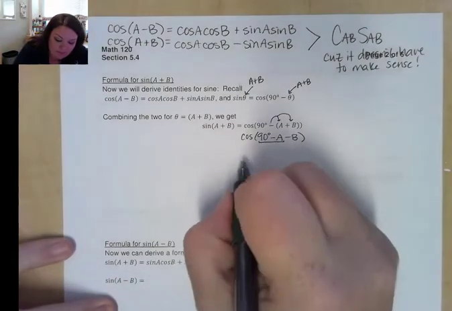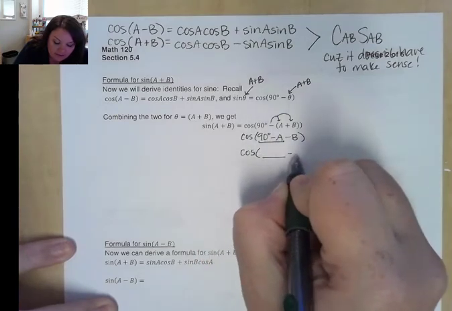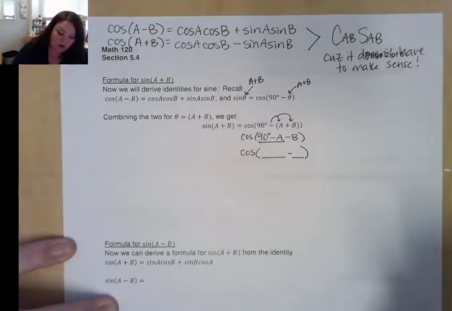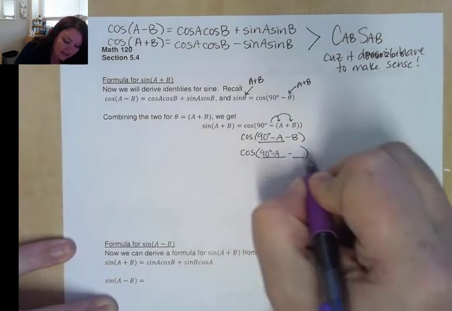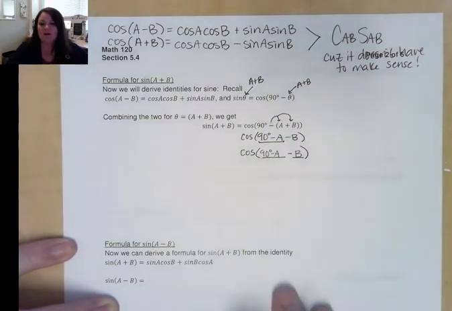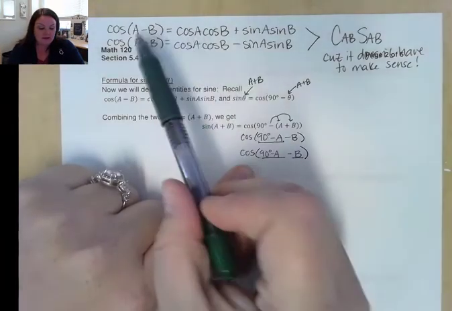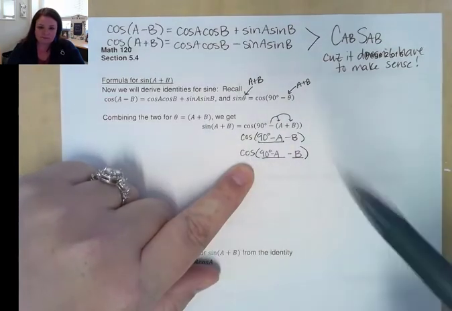Because remember, whenever we have cosine of an angle minus another angle, we have a formula for that. So basically I'm calling my first angle 90 degrees minus a, and I'm calling my second angle b. Now I'm going to refer back to this difference identity I have for cosine, which says